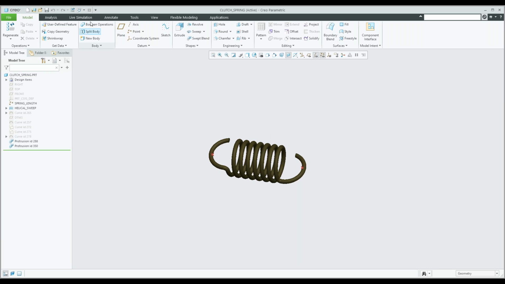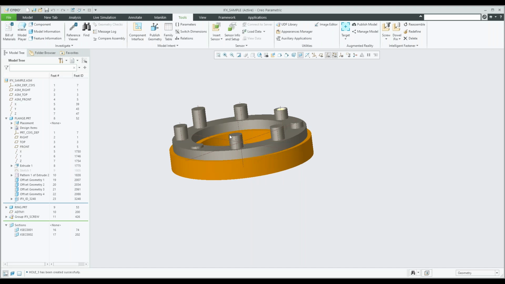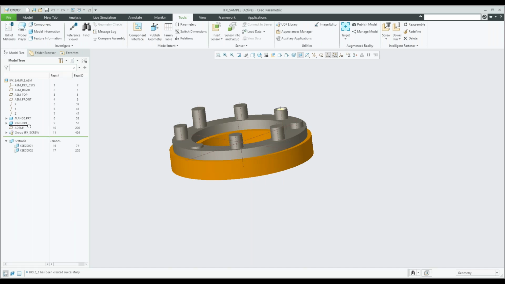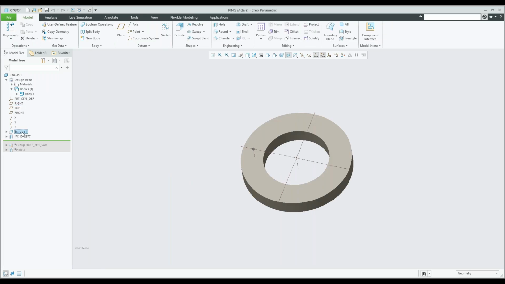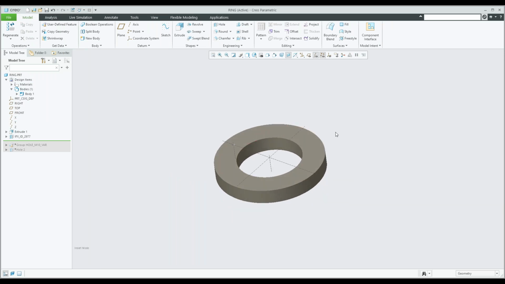Then the last one that I wanted to show you guys, and I'm going to use this one again. I'm going to suppress all of those, and I'm going to open up this green component. Just that's fine. Let's say this is a component that you guys assemble a lot, and you want to add that interface to it. It's a library component, let's say in this scenario, so you can go to component interface,